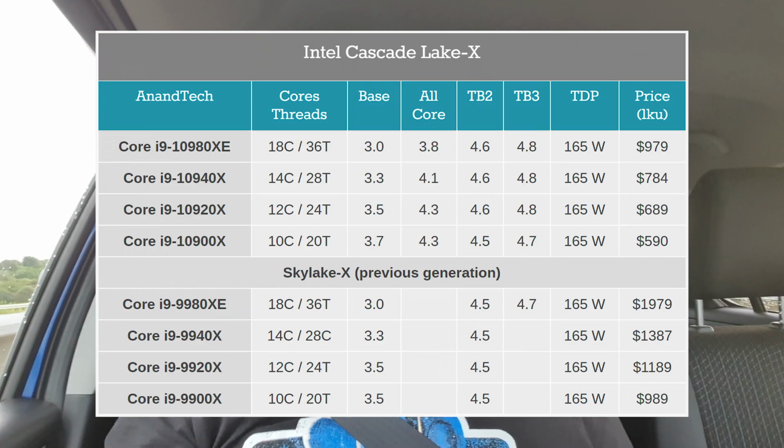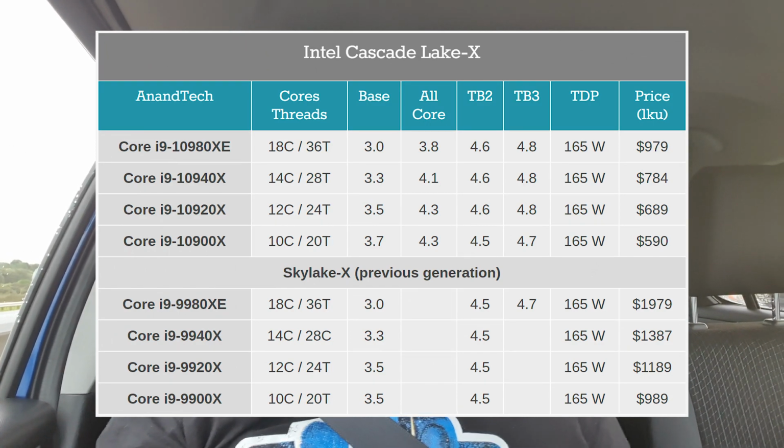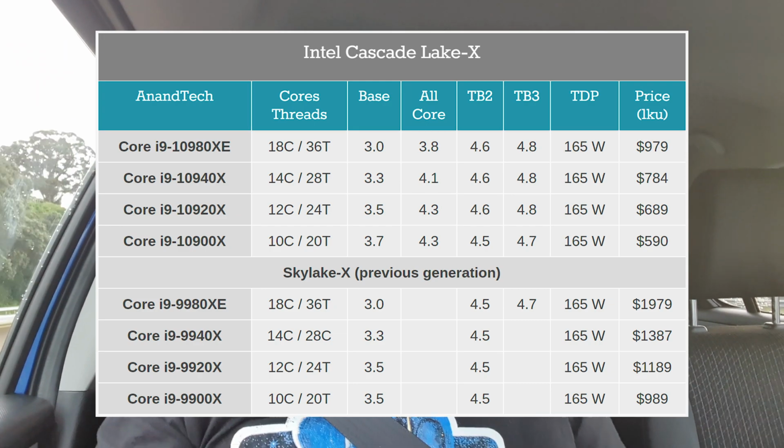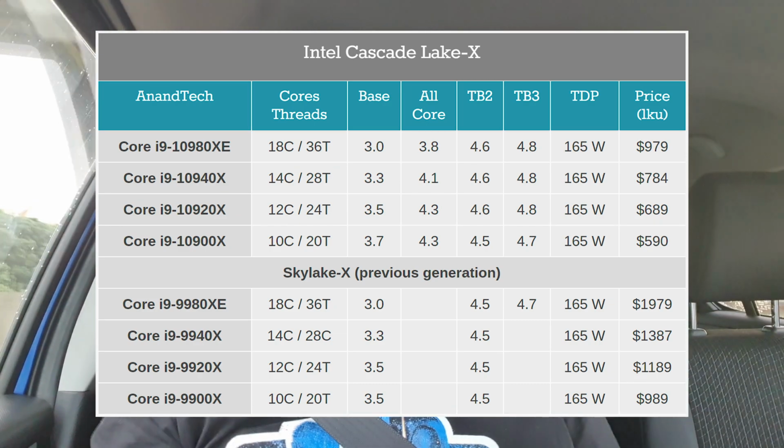Intel have announced a price cut for the new HEDT CPU line that are coming out for the Cascade Lake X series, which they will be naming in the 10th gen nomenclature. And with the top one, the 18 core 36 thread CPU being $1,000 less than its predecessor. So instead of $1,997, it'll be $997, less than half the price of its predecessor,